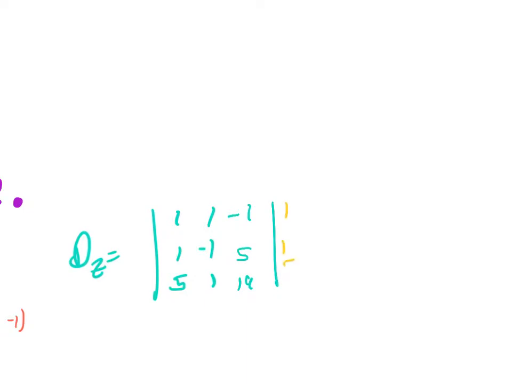Go through the process. Recopy the first two columns. 1, negative 1, 1. Find our minors and our majors and subtract. So we're here. 1 times negative 1 times 19 is negative 19. 1 times 5 is plus 25. Negative 1 times 1 times 1 is minus 1. Minus